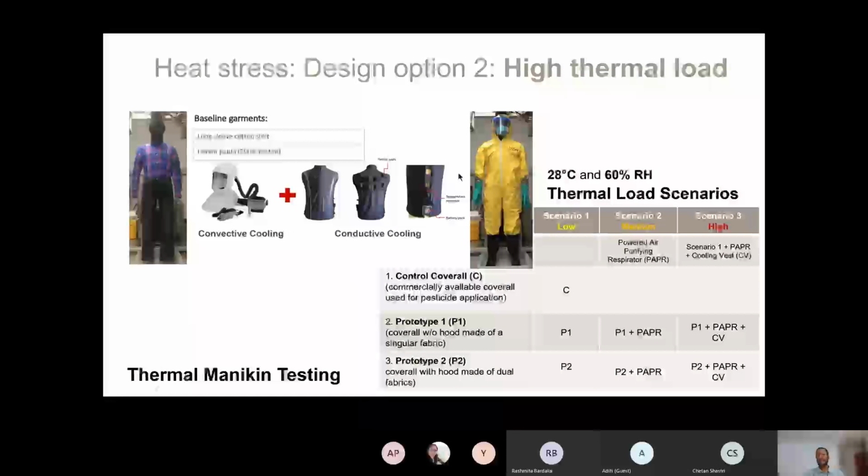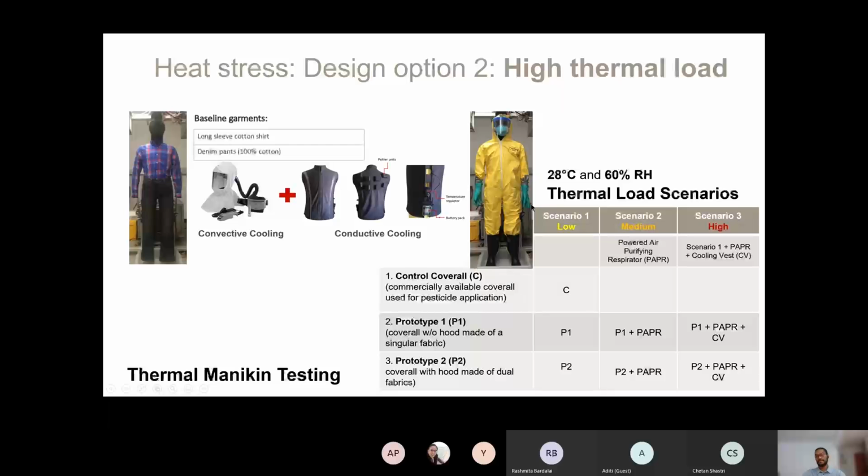But we are also taking forward this study into a laboratory setup where we are using a thermal mannequin. A thermal mannequin is basically a dummy which behaves more like a human being in its response to its immediate environment. So you control the environmental parameters of temperature, humidity, air movement, and you make the thermal mannequin wear the